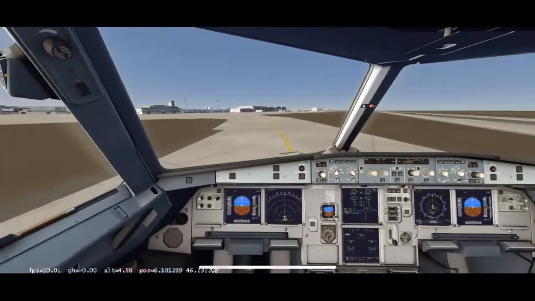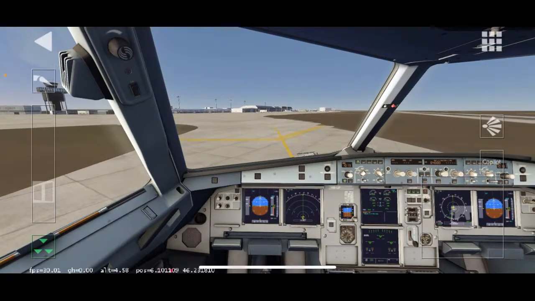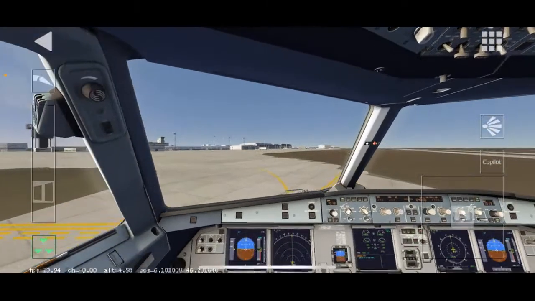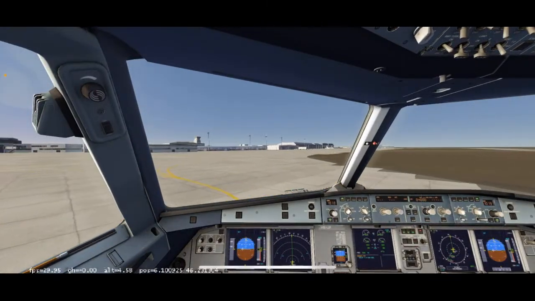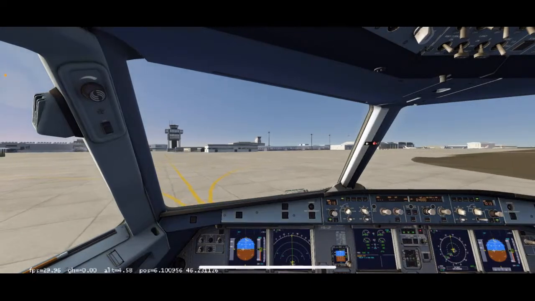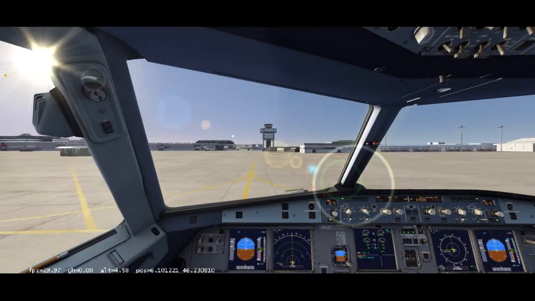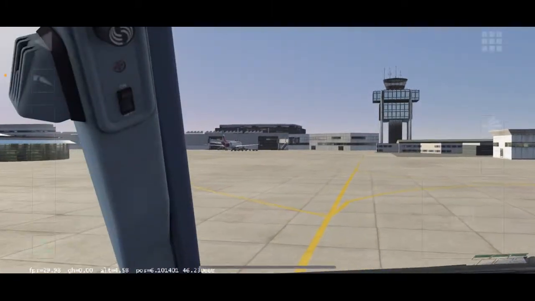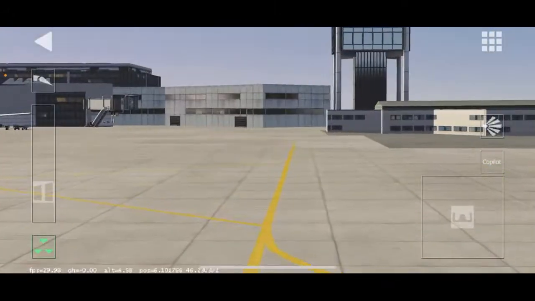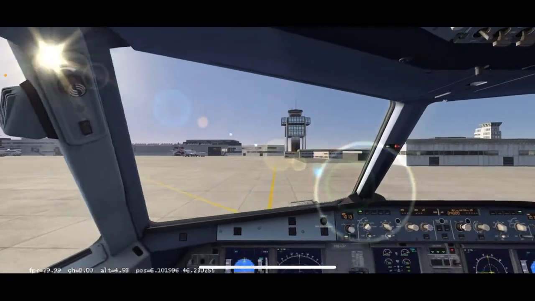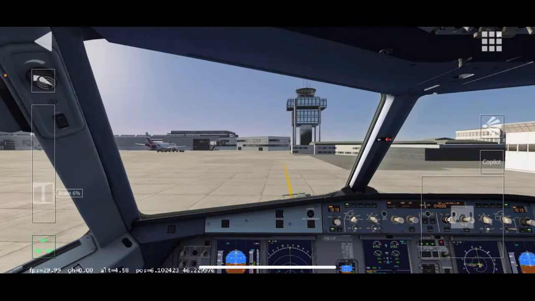Oh my god, a big old mountain over there. Slow it down a little bit. Thank you. Landing lights should turn off. They already are off. Now we're just going to taxi on over to the gate. Engine, we'll have an engine. Actually, no, we'll keep the engines on for now. I see my gate right over there. Perfect. It's a little close to the buildings now. Wait, hold on. Very slowly. There we go.